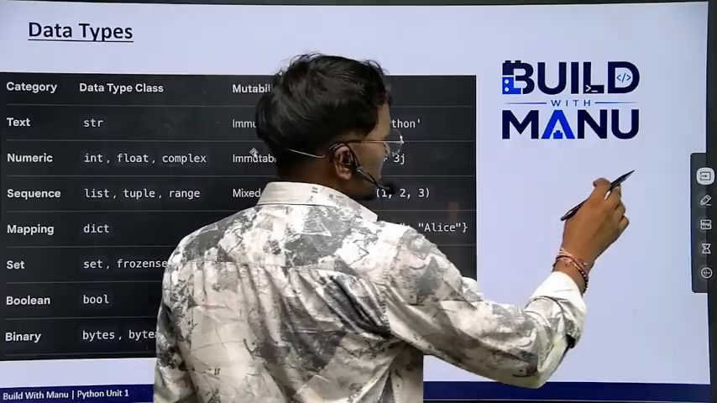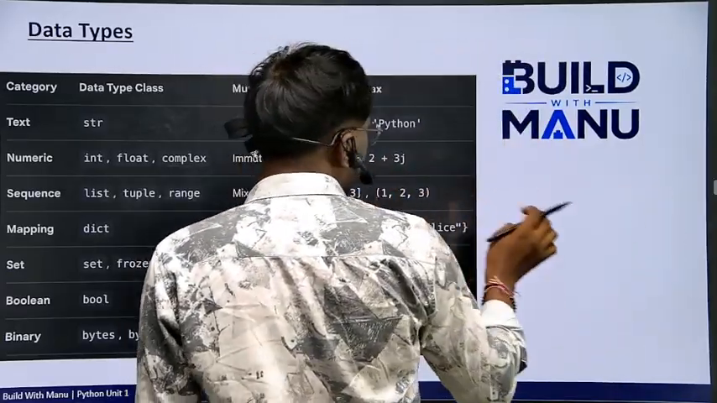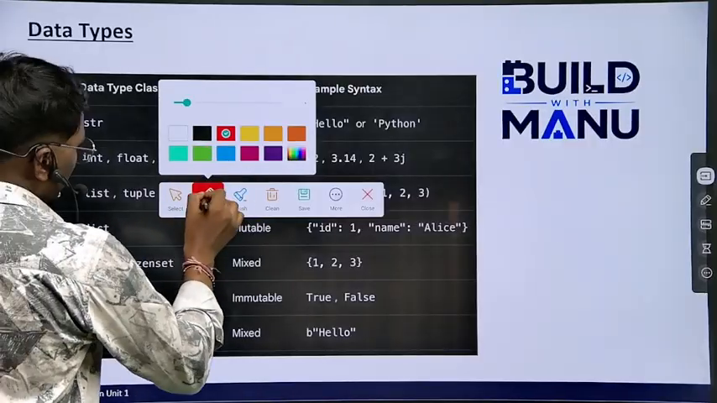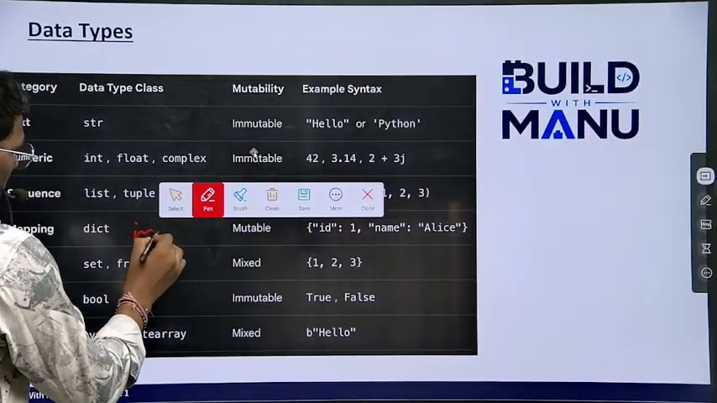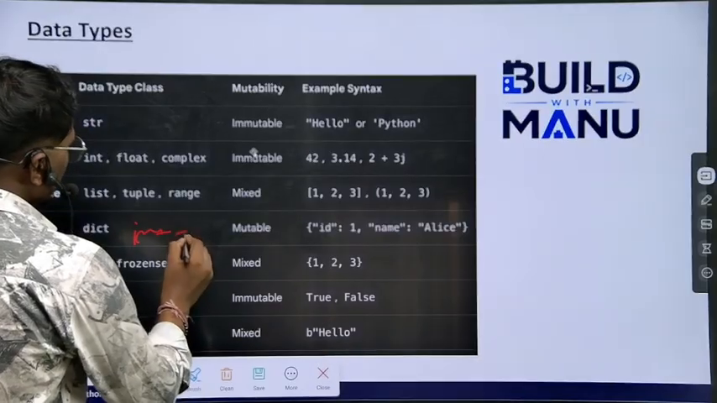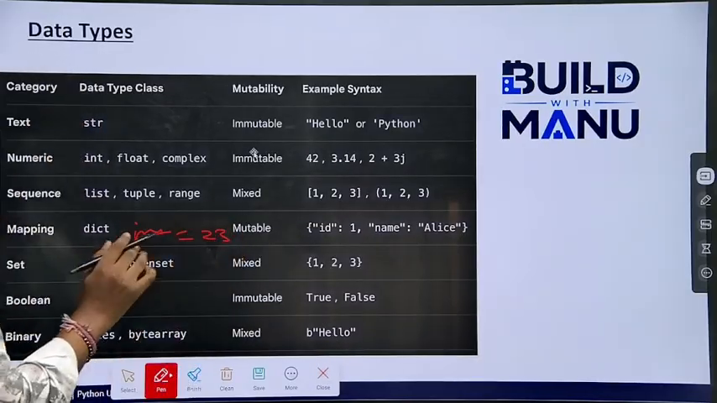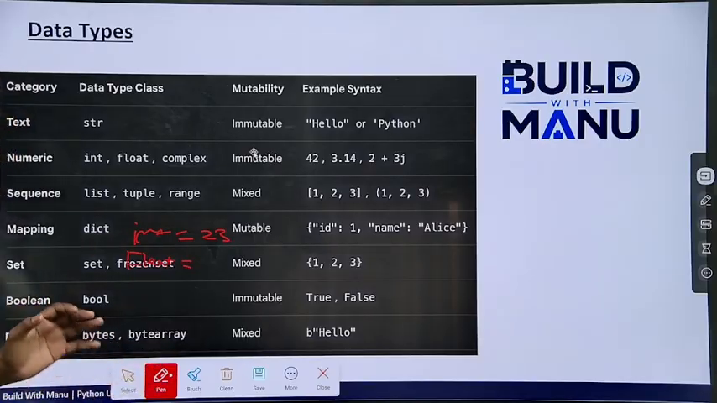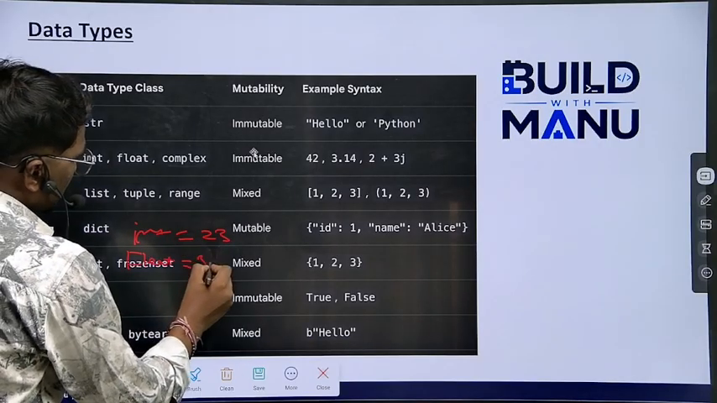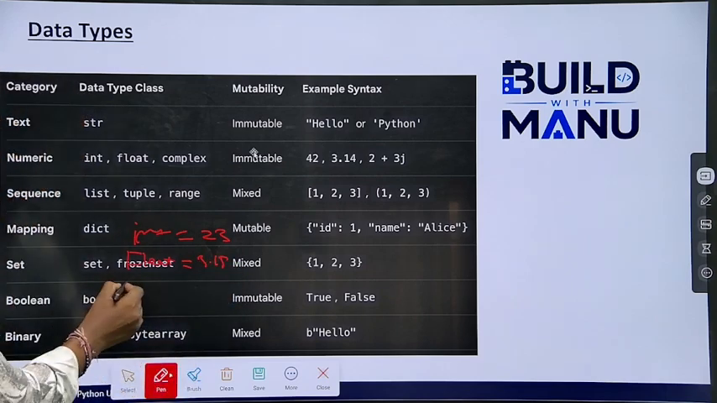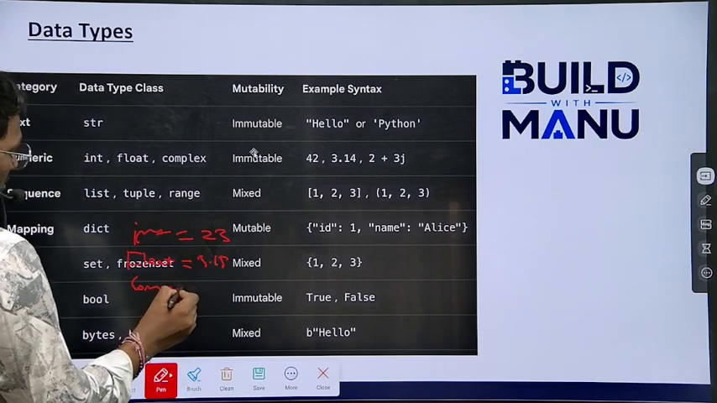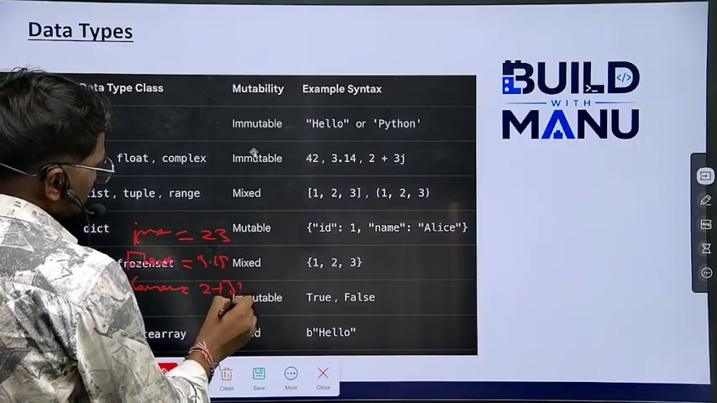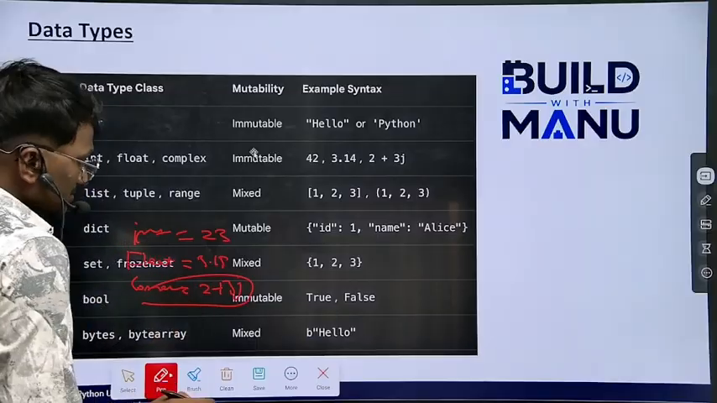So suppose this is int. Int means integers. I am talking about integers only, guys. Look, int is equal to 23. Next, float. Float means decimal value, for example 3.15. Next, complex numbers. Complex number is very easy. Just think about 2 plus 3j. And in the coming days, we are also going to cover